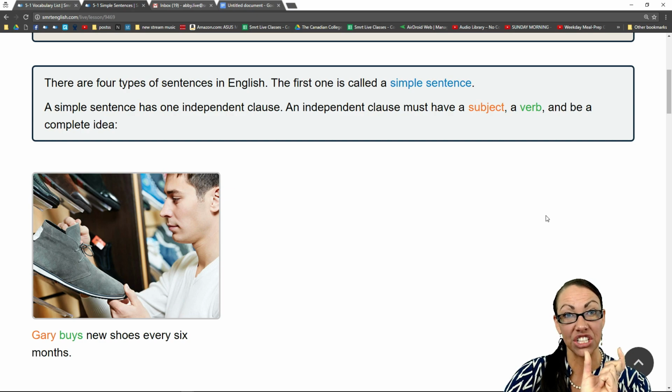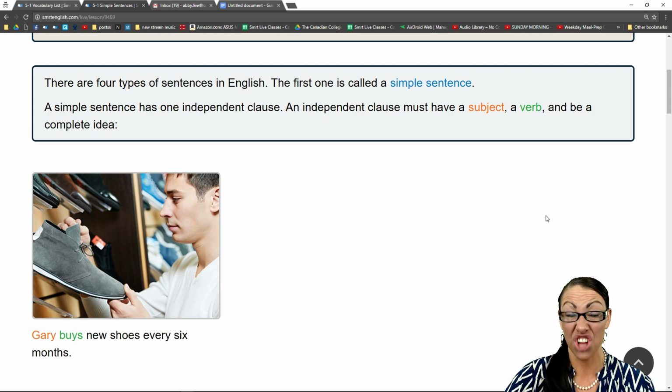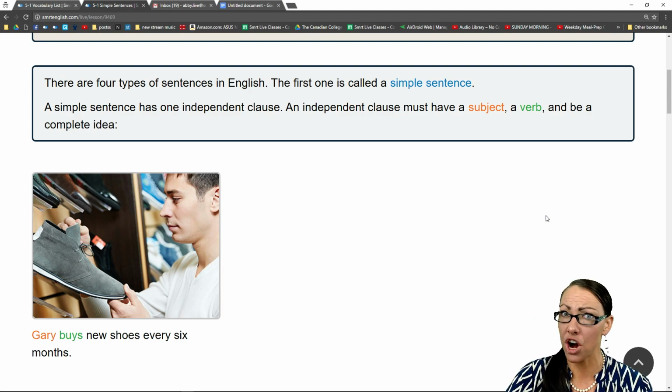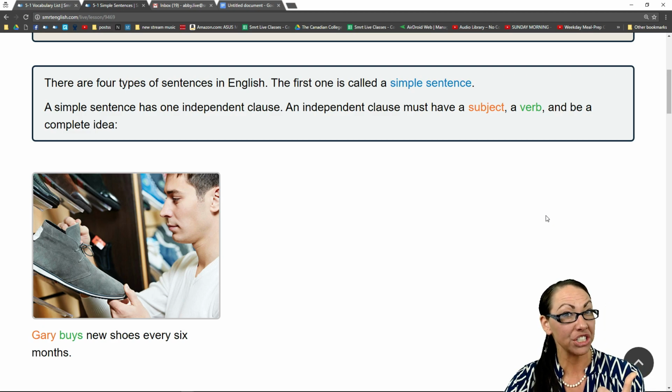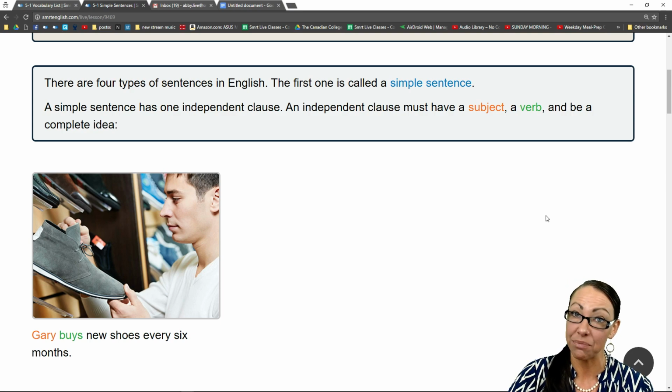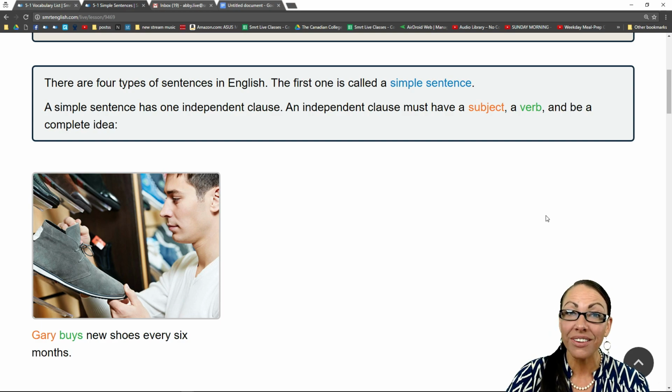So a simple sentence is short, we would say to the point, but it is an independent clause and it must have a subject, what we're talking about or who we're talking about. It must have a verb, an action, something is done or has been done or will be done. Subject, verb, and it has to be a complete idea. It has to be a whole and complete idea. And that's all there is for just a simple sentence, which is the first of the 4 main types of